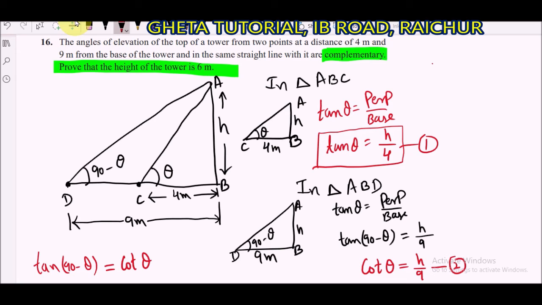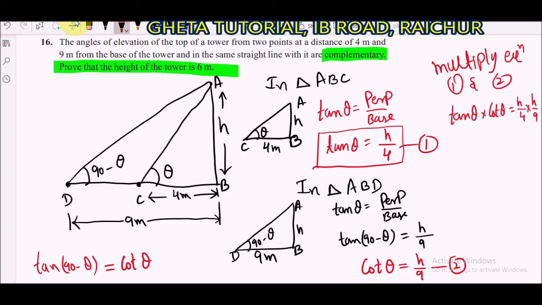Now multiply equation 1 and 2. That is tan theta into cot theta is equal to h by 4 into h by 9. Tan theta into cot theta is nothing but 1. h into h is h square, 4 nines are 36. So h square is equal to 36. So h is equal to root 36, and root 36 is